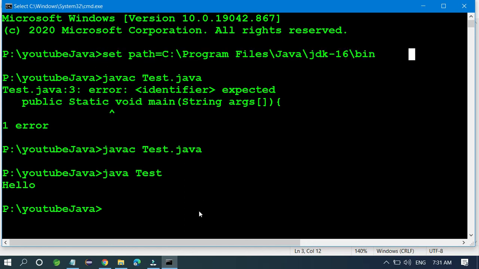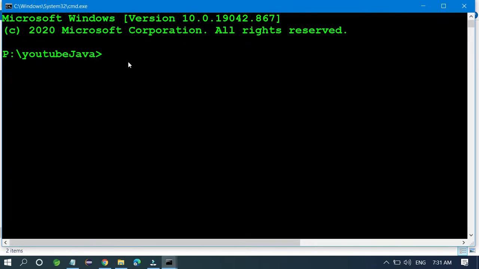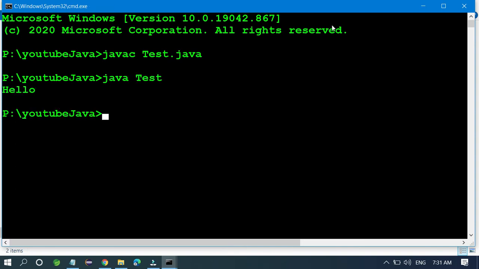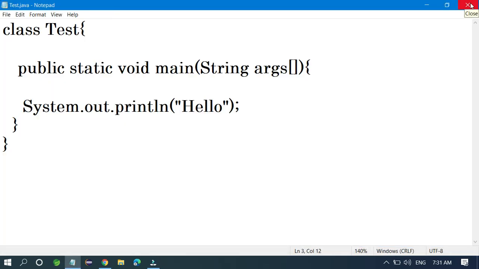So you are setting it through this, it is a simple path. For example, you want to open one more terminal. So go to your folder, click here and write one more cmd. You open one more cmd and you want to compile your code. For example, javac Test.java. Okay, so it's already happening. Okay, and java Test, hello. Okay, just cut it.